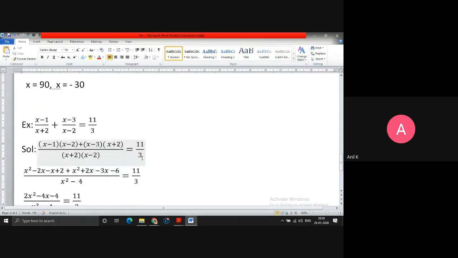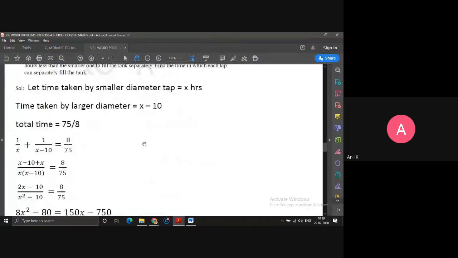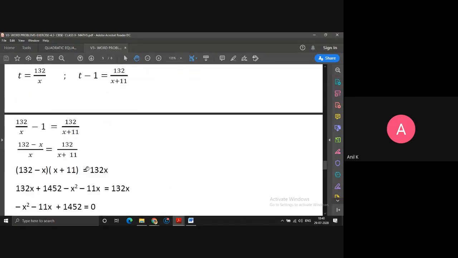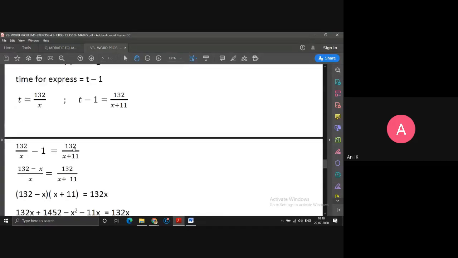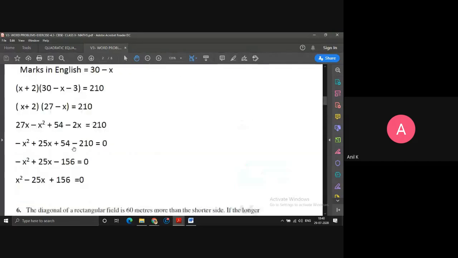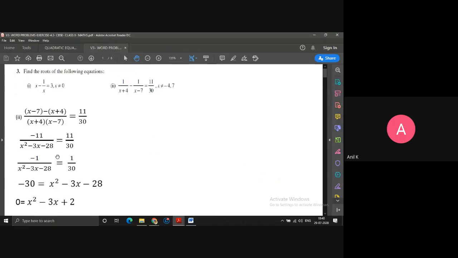So there will be such type of equations you may get. I think we solved this in one of the word problems. Yeah, see here we already have. We solved 1 by x plus 1 by x. So there will be 2 mark questions. They give only the expression and ask you to find the value of x. Somewhere you have such type of questions. Let me cross check it once. Yeah, here also 1 by x minus 3 questions.